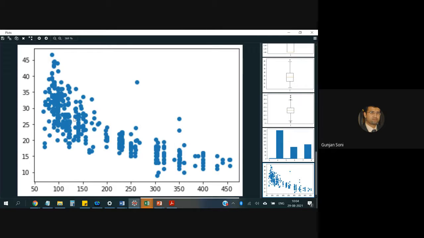So what is the meaning of displacement in terms of automobile? Any idea? Total distance which an automobile has covered?